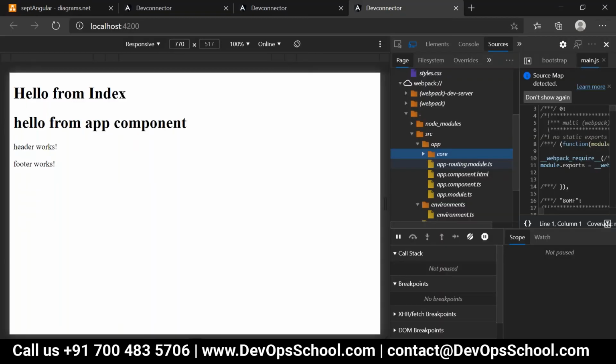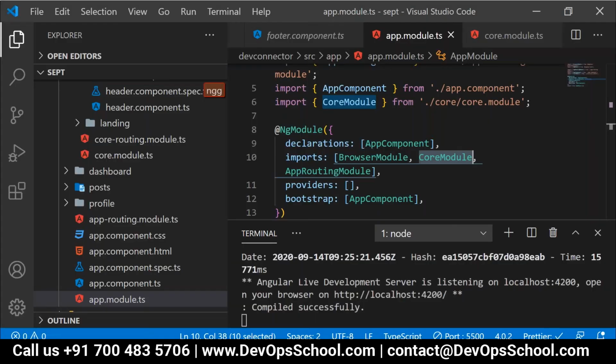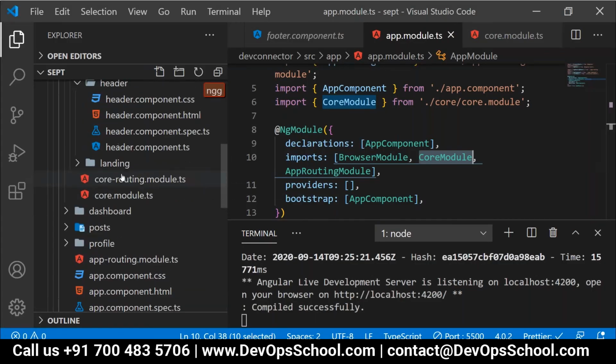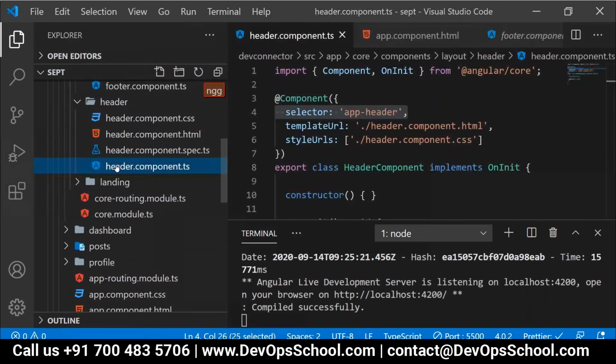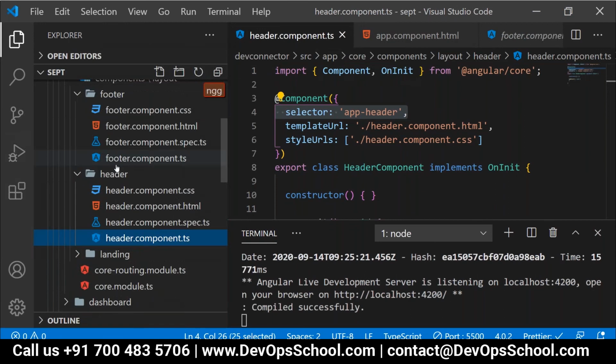So now tell me, Prithvi, is the landing component a part of your core module? Where have we declared it, Prithvi? Inside the core module. Correct.